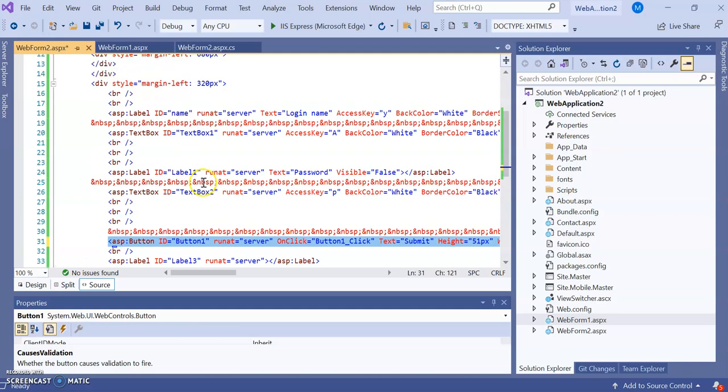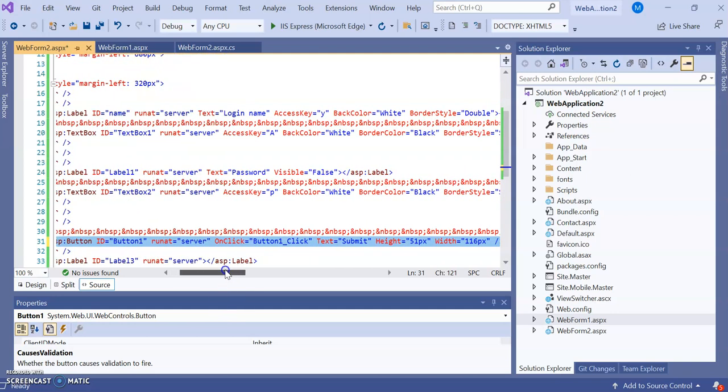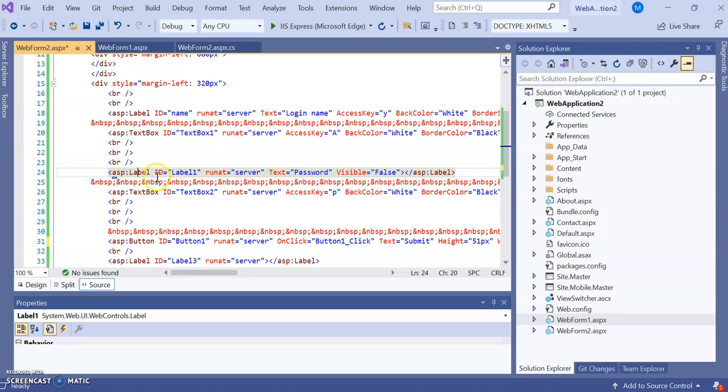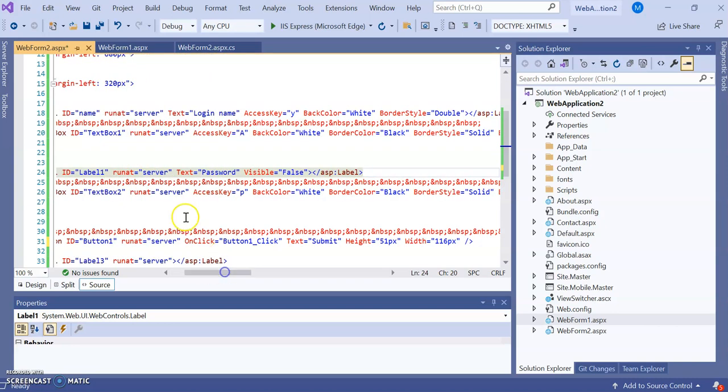I forgot to tell you about the label. You can see when you drag a label, automatically the label ID, label 1, is assigned. By default it is run at server. Text, that we have defined, and visible set as false.